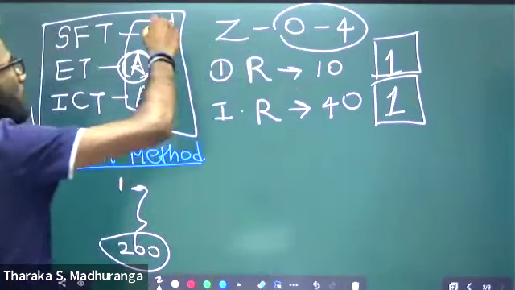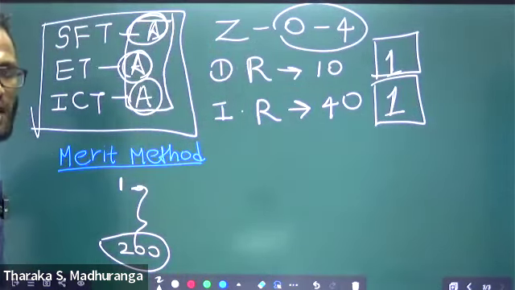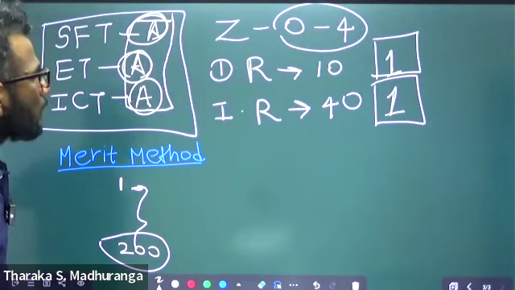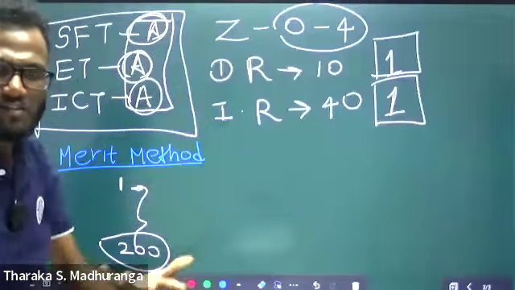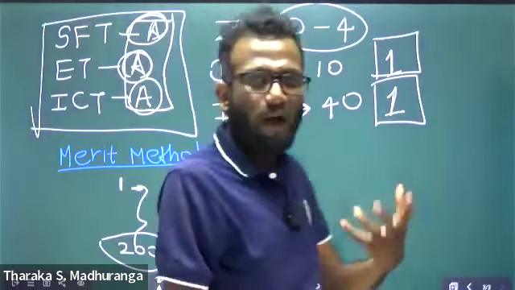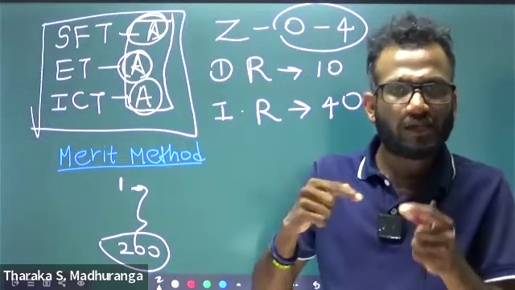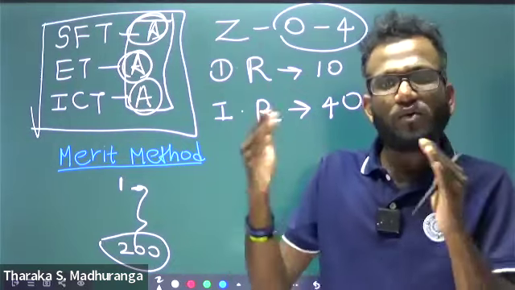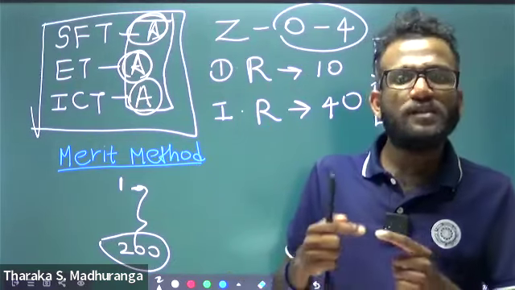Okay, if you can get these marks, you can go to island first as well. Island first is also simple. Okay, I told you the Z value is always between 0 and 4. It is just a value according to your marks for each subject. According to your marks for each subject, it's a complex calculation. After this complex calculation, a value between 0 and 4 is given as the Z value.